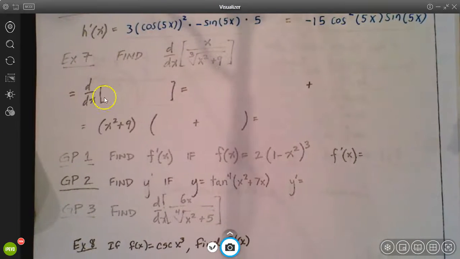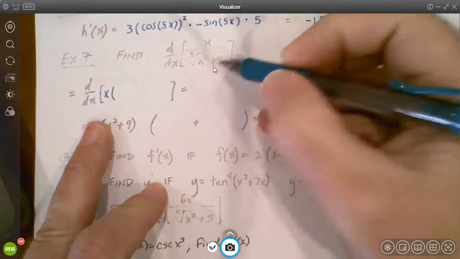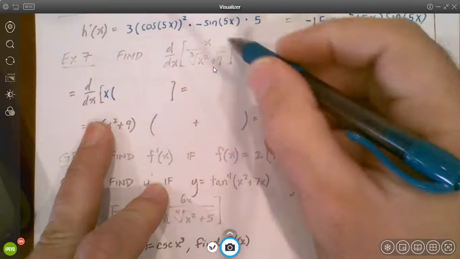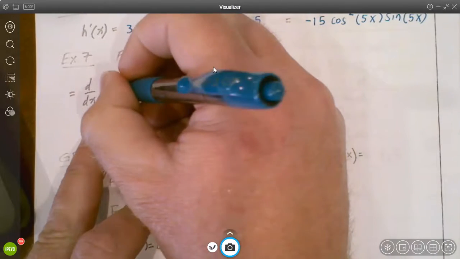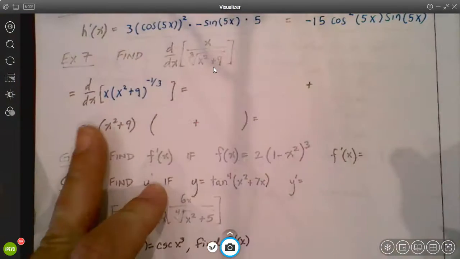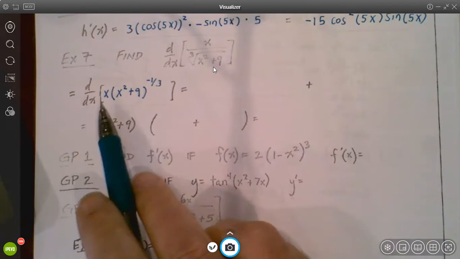All right, so again with this one, this is where we do have to consider some options here. So you could do a quotient rule, but typically speaking, the quotient rule is the toughest process. And so if we can avoid that one, we will. So instead of doing a quotient rule, let's write this as x times, I'm going to bring this up top, my 1/3 power is going to become a negative 1/3 power so that I can move this whole term up top. So let's say x squared plus 9 to the negative 1/3 power, right? And now this way we could use a product rule instead of the quotient rule, which is just a bit of a friendlier process. So again, our product rule is the first